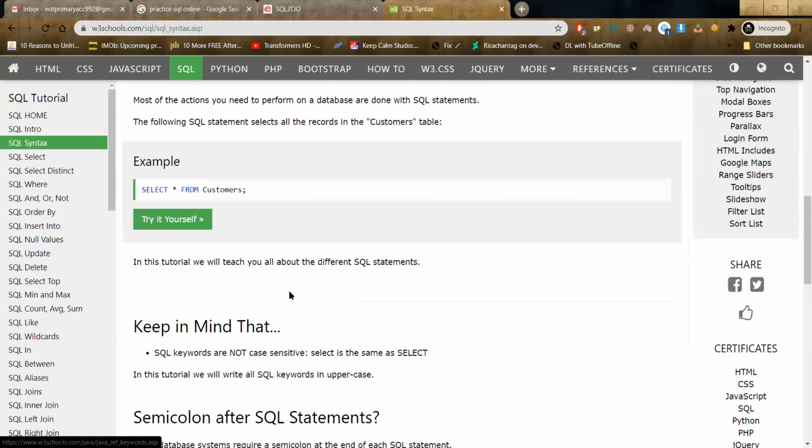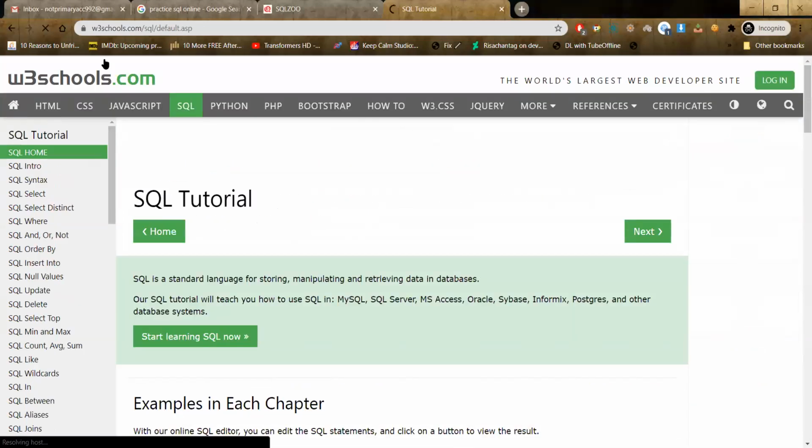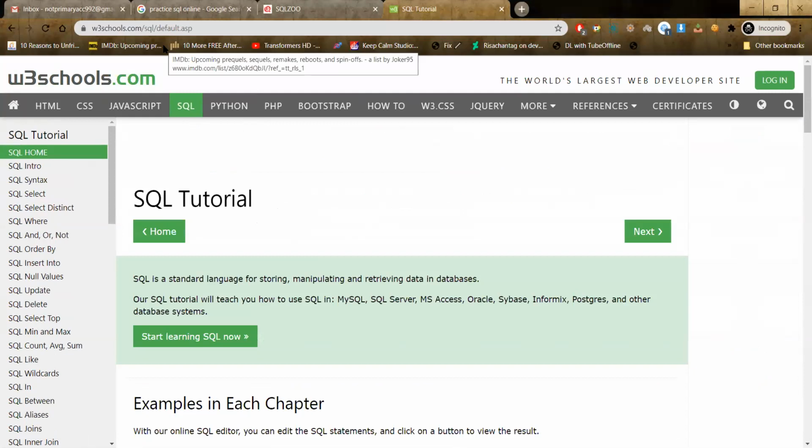So this is for SQL. If you want to learn about SQL, one resource is w3schools.com, and not just SQL. There are a lot of other languages related to programming or web development. You have HTML, CSS, JavaScript, all of these for web development. Even PHP and Bootstrap.